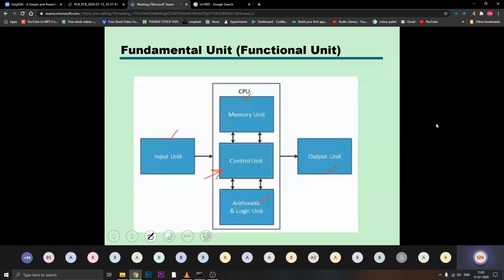Okay. So the control unit's job is to make sure that if I provide an addition requirement of two numbers, the addition should happen. If you're saying do addition of a plus b, instructions are provided to the computer, but the computer is executing multiplication, then you can say there is a problem in the control system of the computer. It is not performing accordingly. Okay, so the main job of that is controlling all the activities inside the computer.